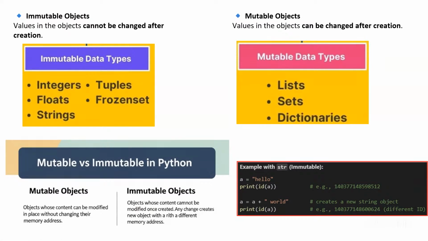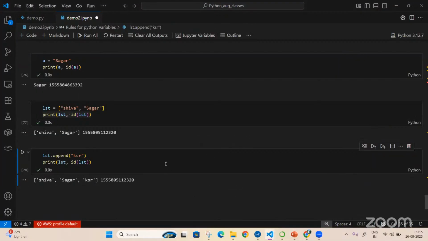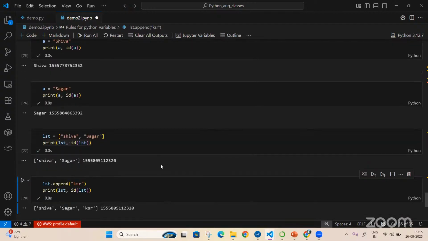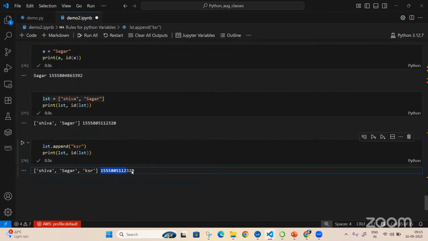Sir, can you please go back once? Please explain how you use this append. We'll come back to that. It is a list, right? I have not explained anything about lists yet. I'm just adding one more value inside my particular list. Don't worry about append and all; we have not covered lists yet. Just with respect to mutable and immutable, are we good? Any doubt in that?